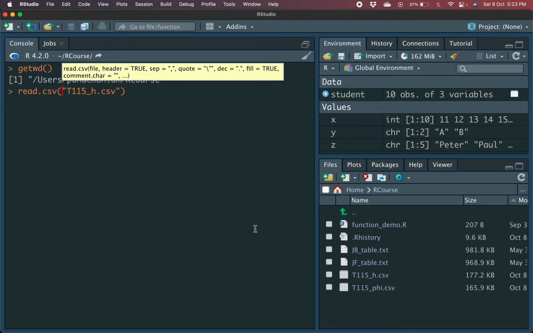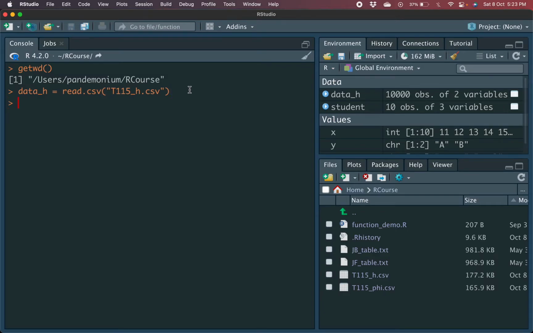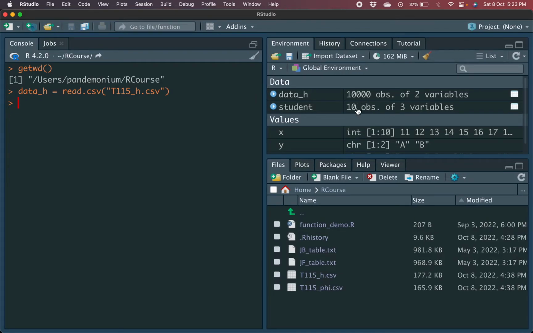And of course, we don't just want to read this, we want to store it in some variable. Since we have to distinguish between these two, one refers to some h, one refers to some phi, I'll call this data_h. And just enter. So now you see automatically everything that was in this file gets stored in this variable. There are 10,000 observations and it contains two variables. So if I try to print data_h,